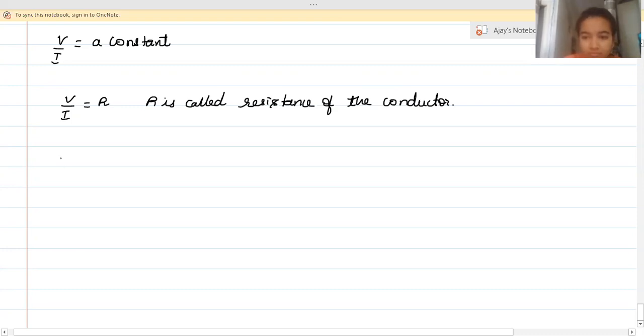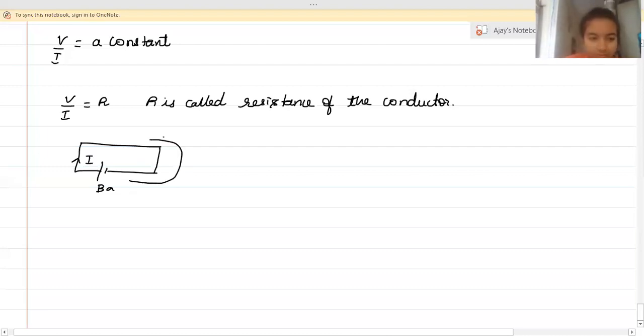For example, we have a wire. When I apply a voltage through a battery, what happens? Charges start flowing from negative to positive. This is the current direction, sorry. This is the current direction. Charges start flowing from negative to positive. If this conductor is purely a conductor,